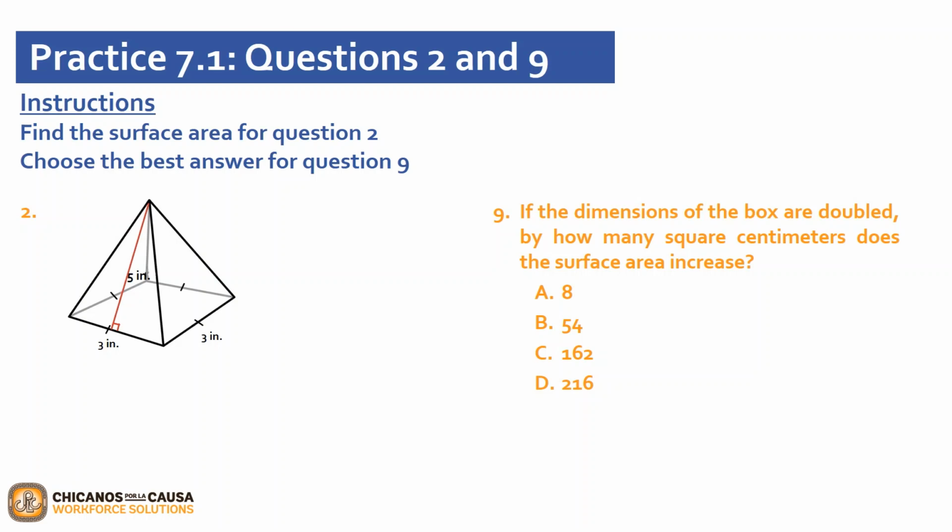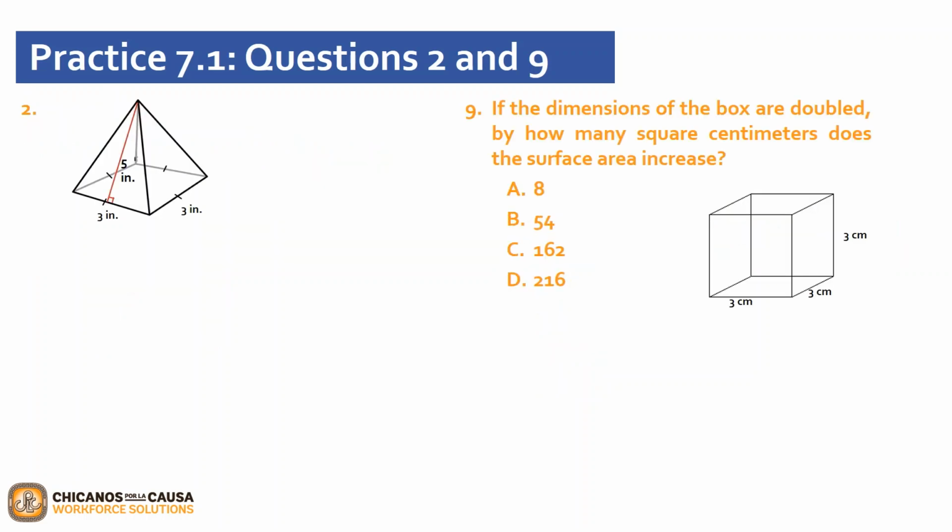Let's start with question 2. Find the surface area. So here we have a pyramid, which is the first step. We need to identify the figure. It is a pyramid with a point at the top, or an apex. And we're also given a slant height of 5 inches. In order to calculate the surface area, it is 1/2 times its perimeter times its slant height plus the area